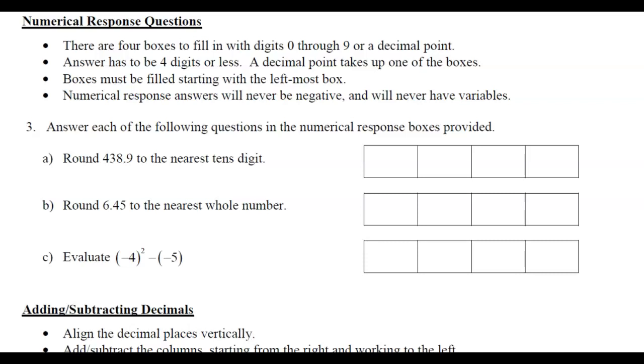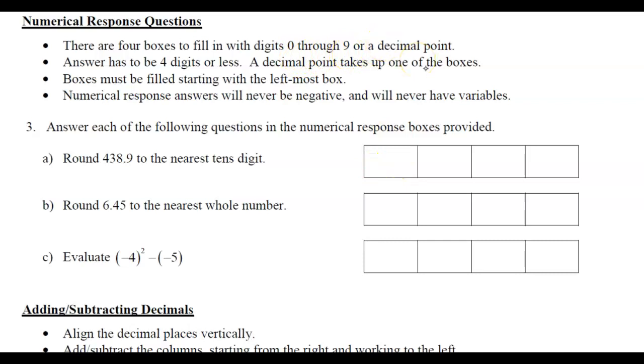Now, sometimes they will go back and scan it if you put it in the wrong place, which is a common mistake, but they're not going to necessarily do that. So you want to get in the practice. I'm not going to take marks off now. That's why we have 2 years, almost 3 diploma exams at the end of your grade 12 course to get it right. So there are 4 boxes to fill in, and you always fill them in with 0 through 9